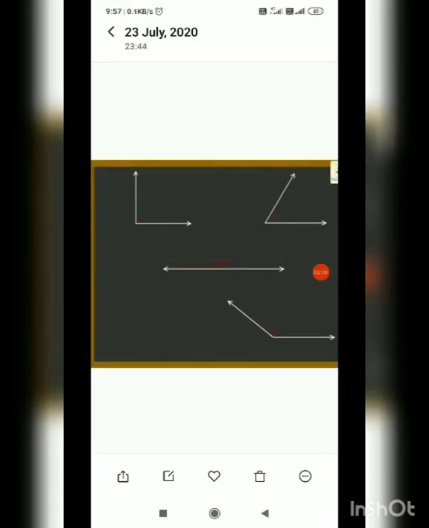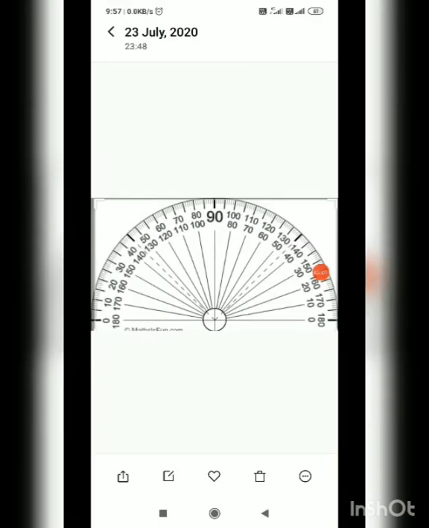So if you have not seen it, I will give you an example. I will give you the image. This is our image of a protractor. I think most of you, all of you have seen it. It is already present in your geometry box. So this is the protractor. By using this one we can measure the angle.